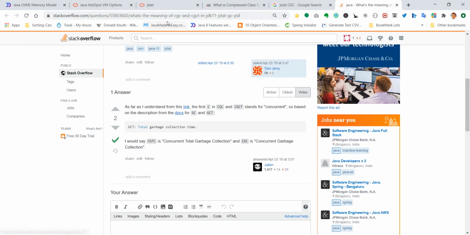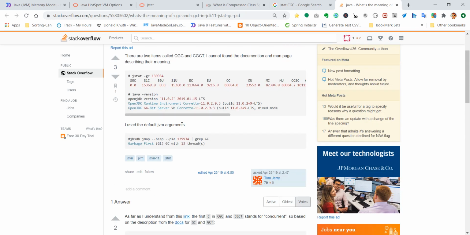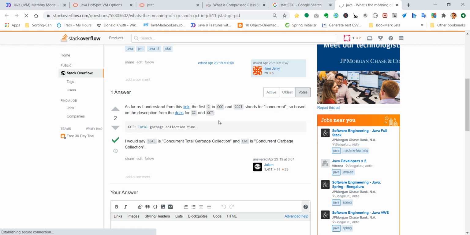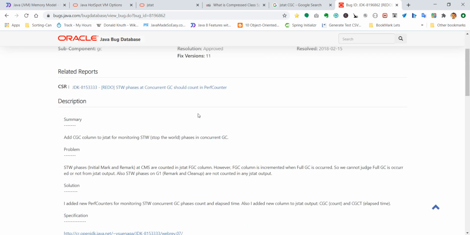Okay, in this article we have CGC and CGCT, called concurrent total garbage collection. Interesting. It opens Oracle.